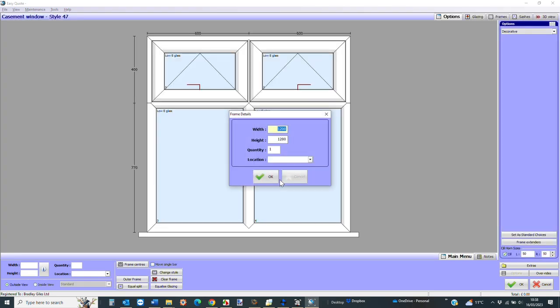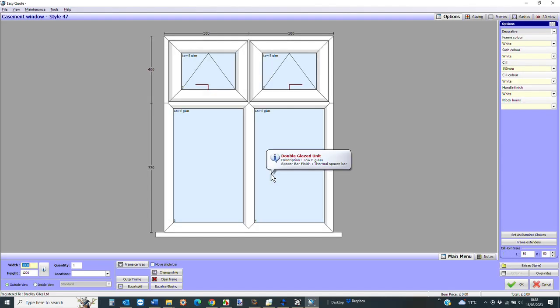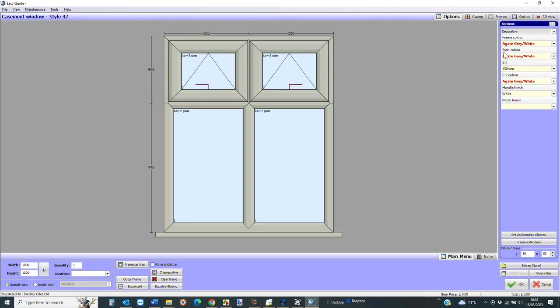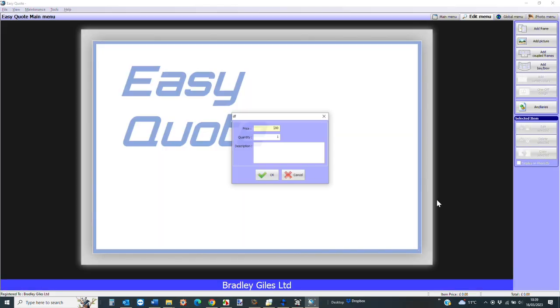And here's the width and height being asked for. So let's make it 1 meter wide and hit OK. And it's now, as you can see, gone slightly narrower, so it's all to scale. And you can even change the frame color to any of the various colors available, like in this case, agate gray. Once you're happy with that, press the OK button, and it's going to ask you the price of that